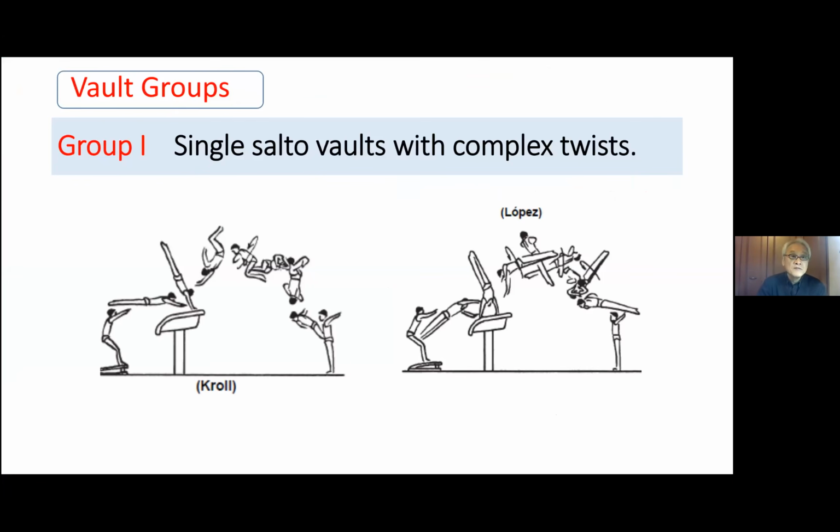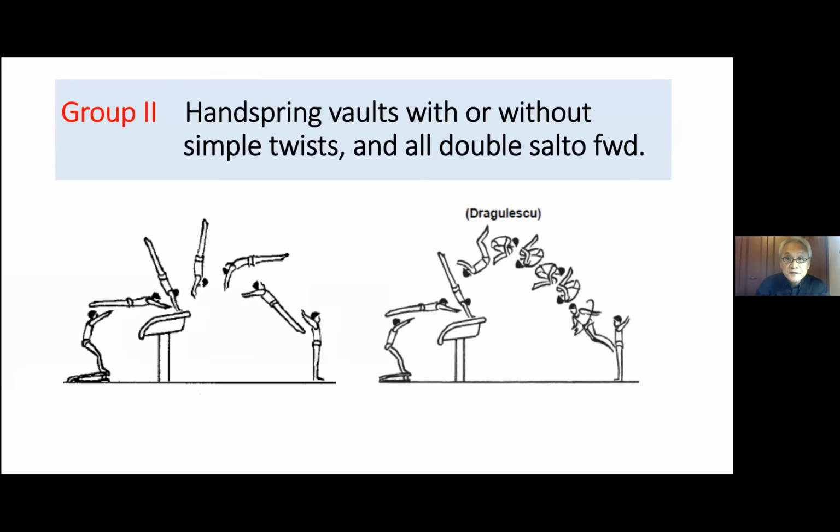So it's about vaulting groups. Group 1, single salto vault with complex twist, like a Cuervo or Lopez. Next one, please. Group 2, handspring vault with a whole, simple twist, and all double salto forward.